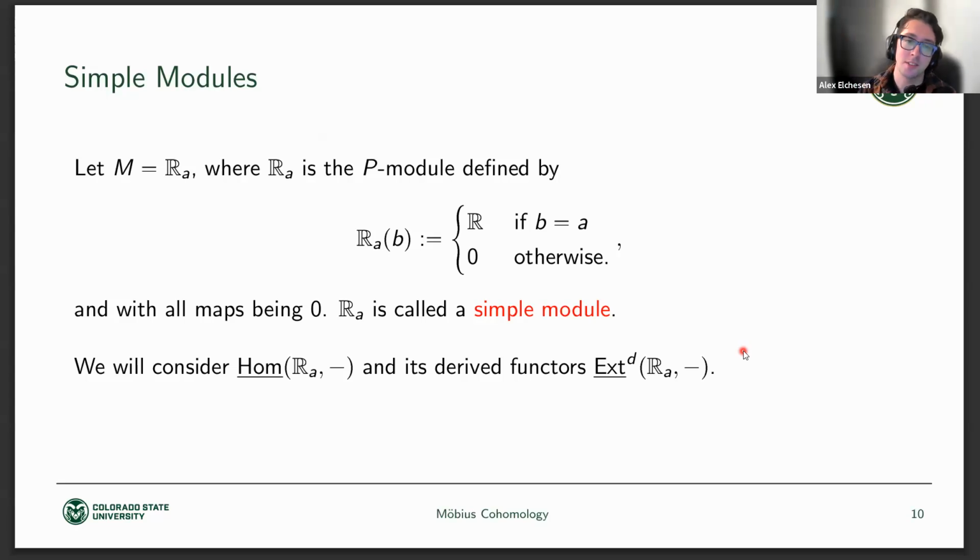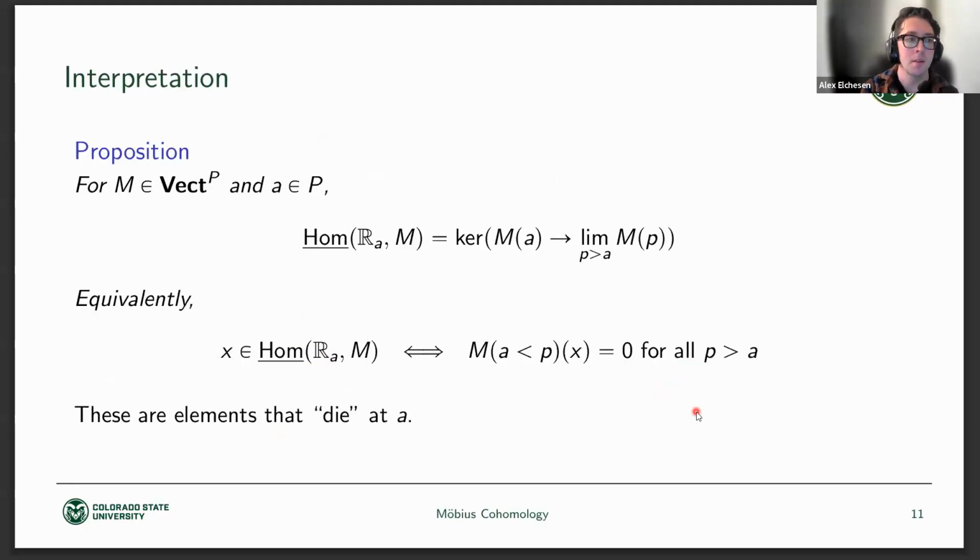The simple module is defined just by putting a copy of R at that point A, and then putting zeros everywhere else, and then all the maps are just zero. It's kind of like a skyscraper, just put a copy of R at whatever point A you want to consider. And so we could take hom from that simple module into any other module, and then we can take those derived functors and we get Ext